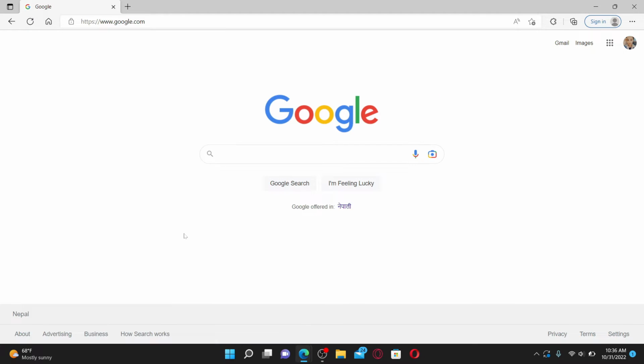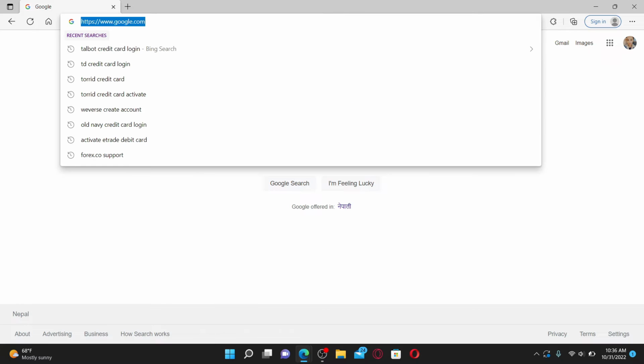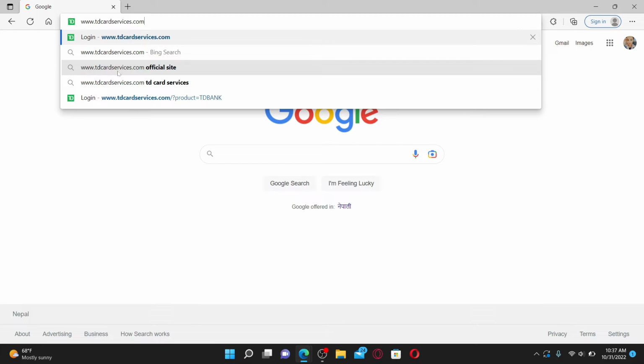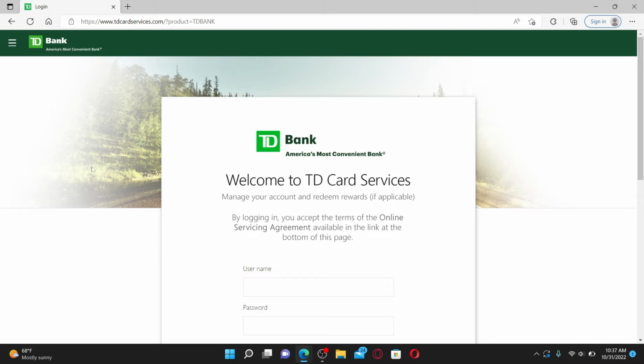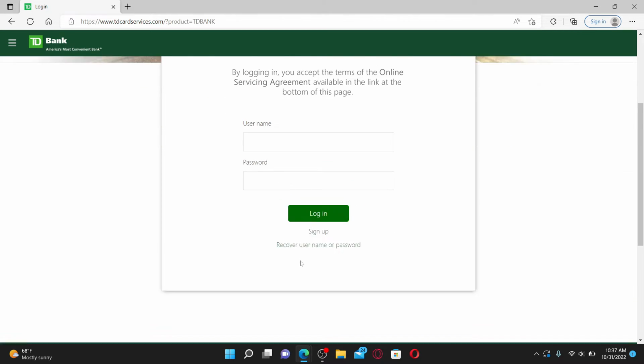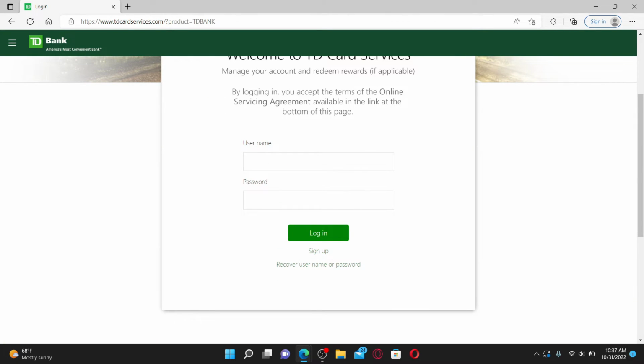Open up a web browser to get started. Once you open it up, go to the search box at the top and type in www.tdcardservices.com and press enter on your keyboard. Soon after you do that, you'll end up in this official web page. In the login area appearing on the display, go ahead and type in your username and your password associated with